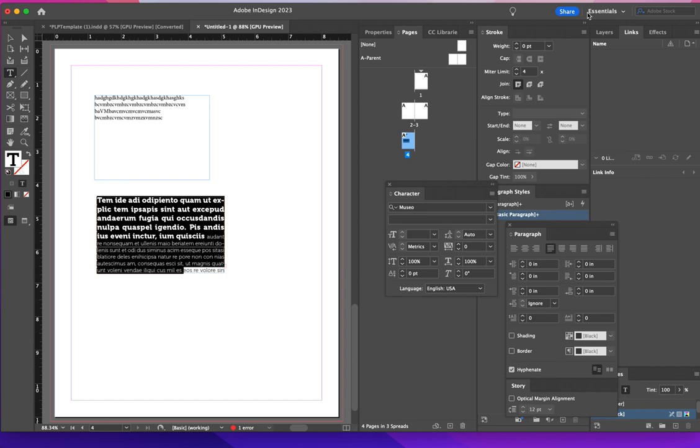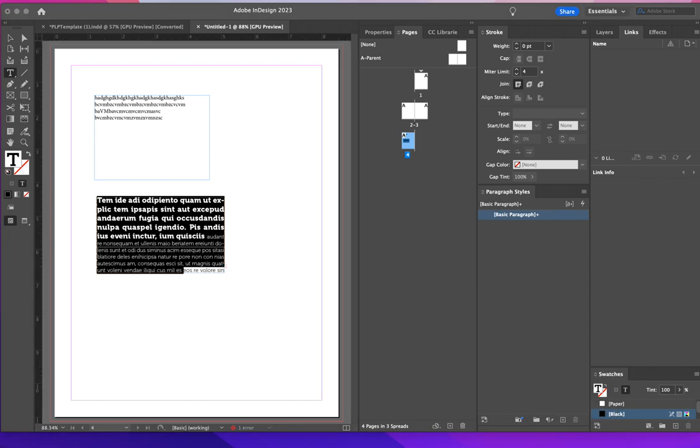So let's talk about bringing in images. Okay, so there are several different ways to bring in images. What I'm going to do is bring in my images through a folder that I have saved onto my desktop. And on that desktop, then I'm going to,